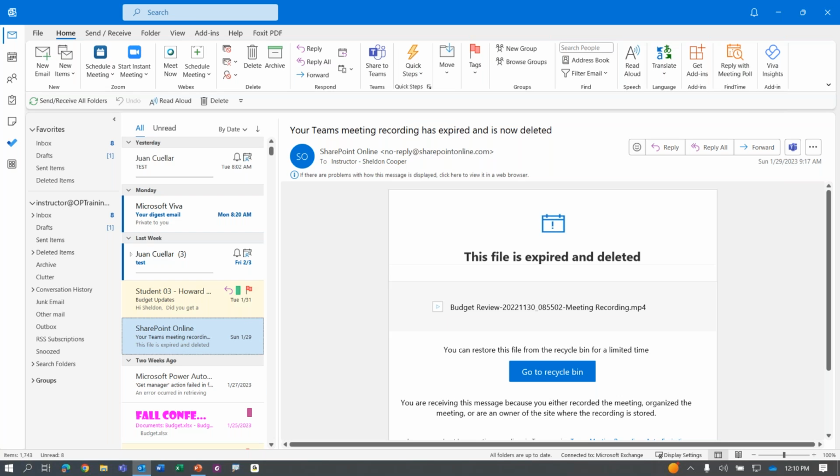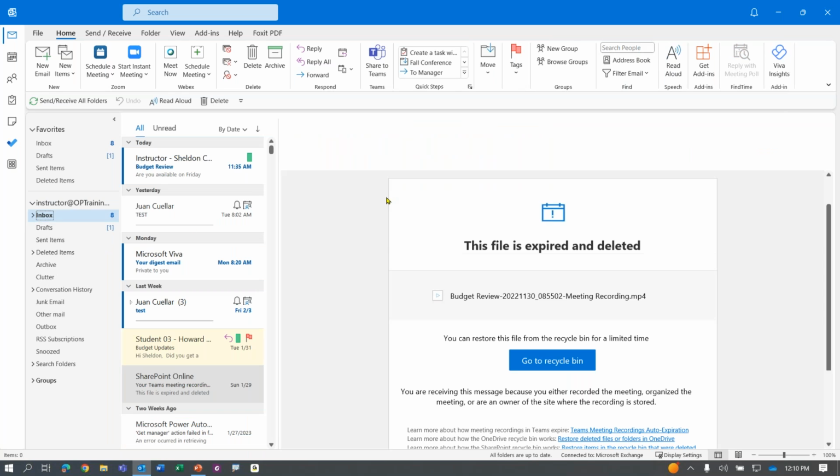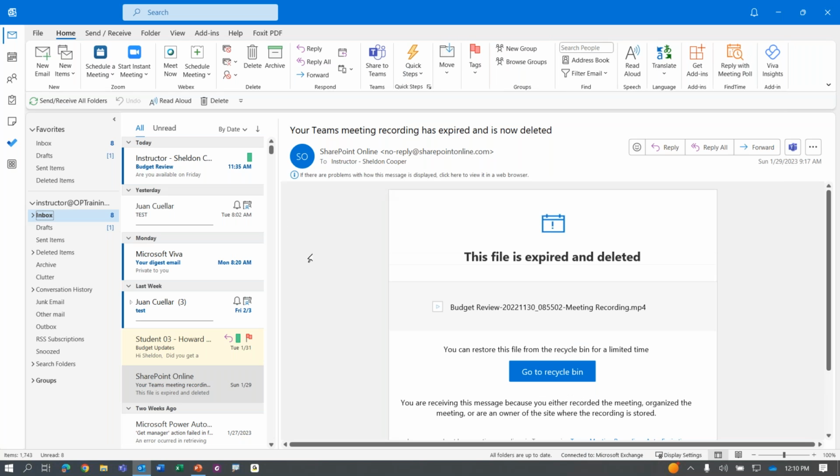Now, the next topic I want to mention is called rules. Now, we know that there is a lot of manual processes in Outlook. You gotta reply, you gotta forward, you gotta file things in different folders, you gotta mark it as read, you gotta schedule a meeting, or flag, whatever, right? There are all of these manual things, but there are these things called rules in Outlook that can streamline and